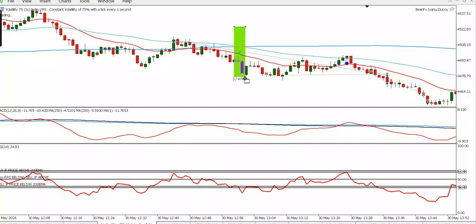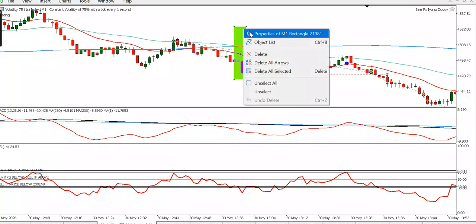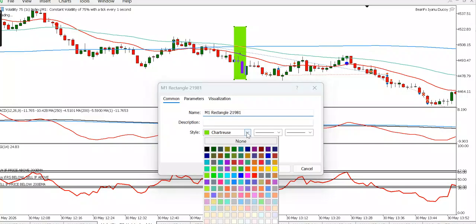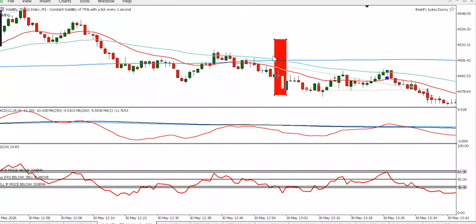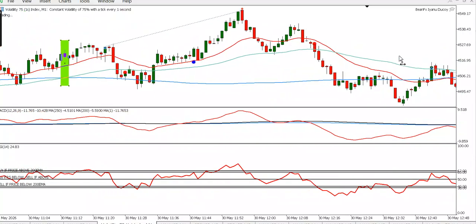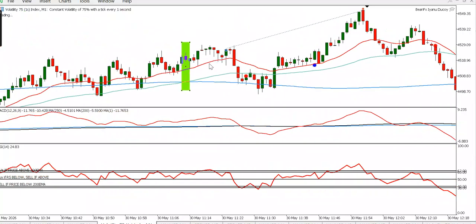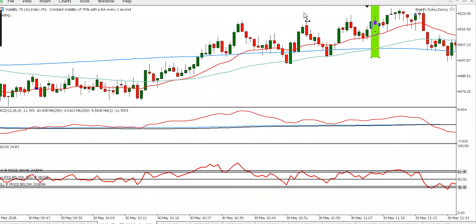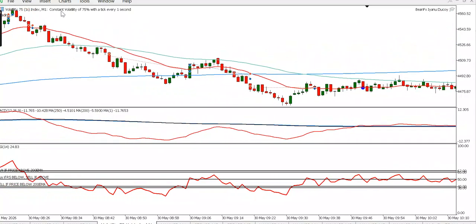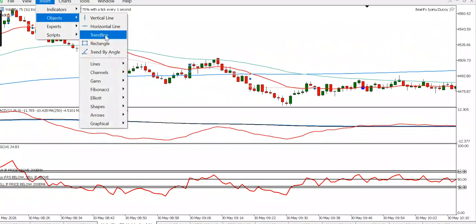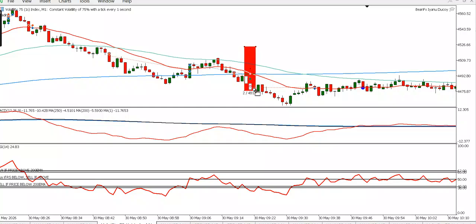We are on the 1 minute time frame. Let me change the color to red. Okay, this sell signal, this buy signal on the main window, and this sell signal here on the main. Okay, it's not there, it's right here